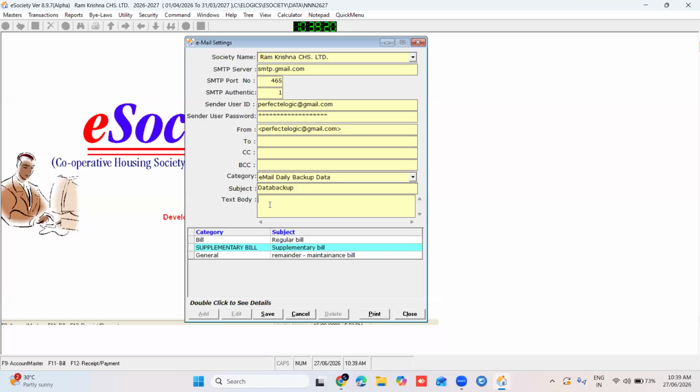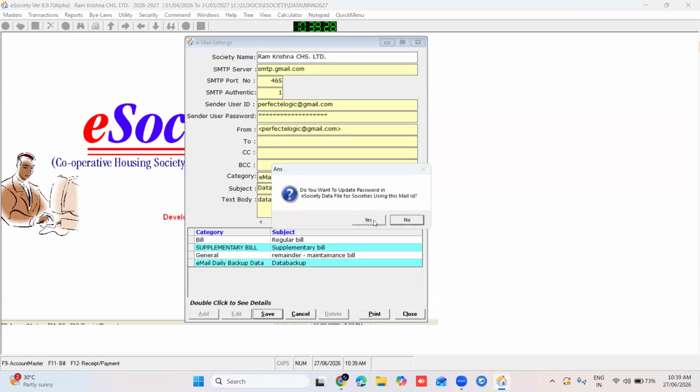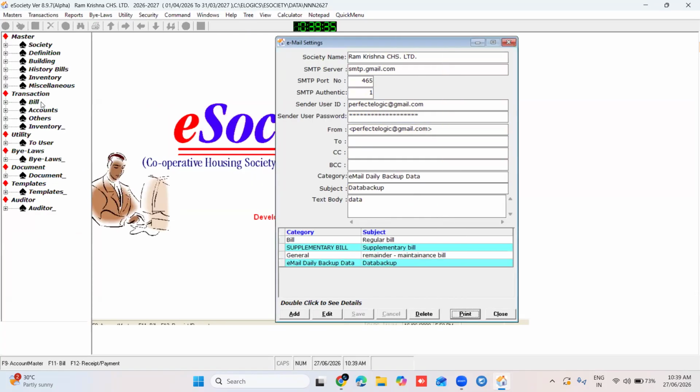In text body, enter the text body which you want to enter. Now click on save. This is the first step that you have to set the mail here in tree to user email setting.